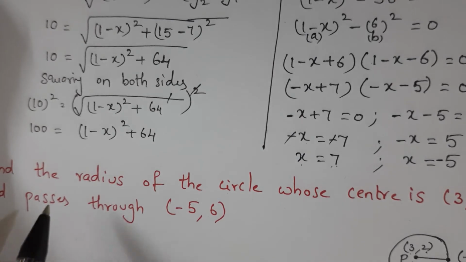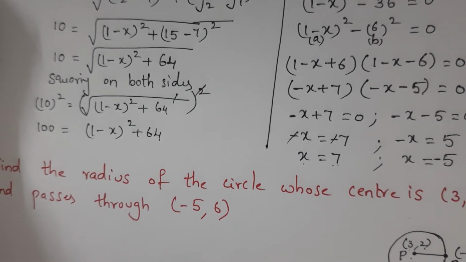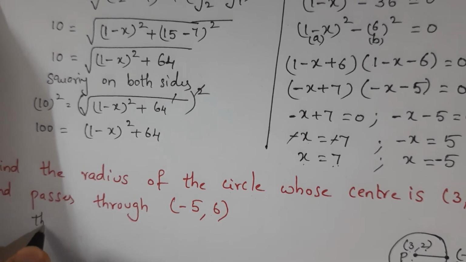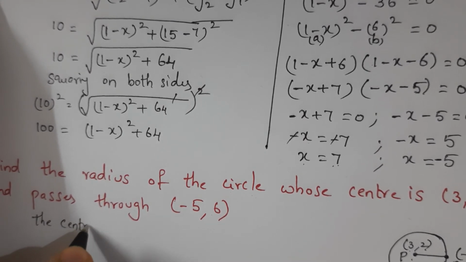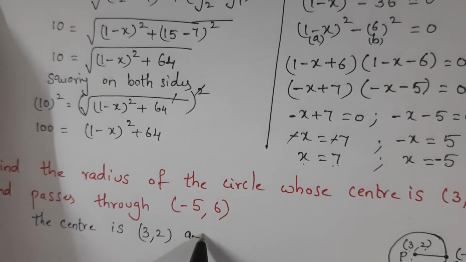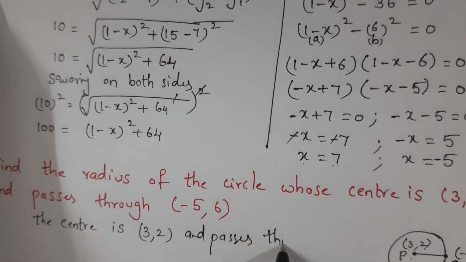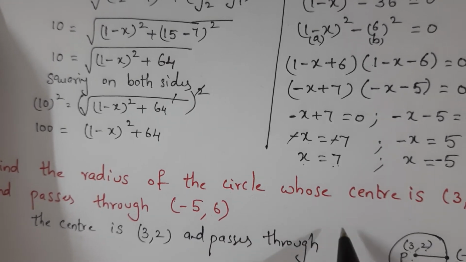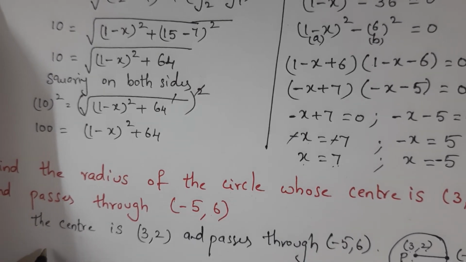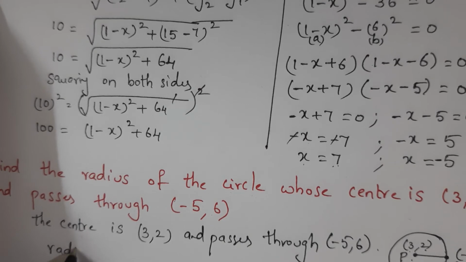So now we will write what is given in the problem. So the center is 3, 2 and passes through minus 5, 6. Now the radius is equal to,